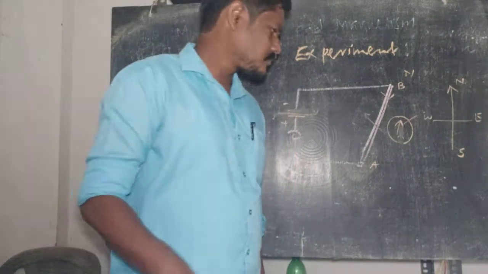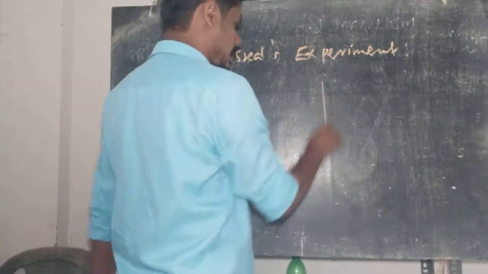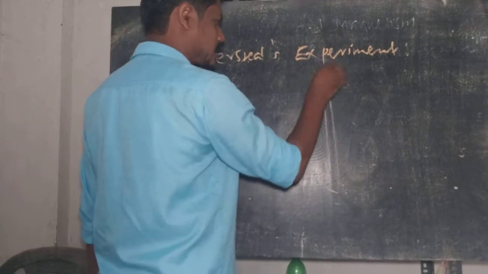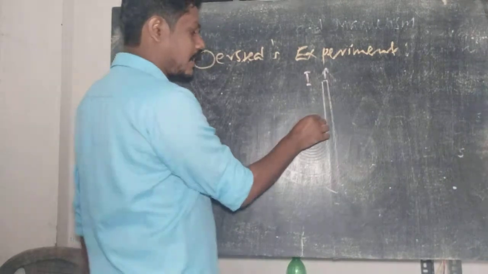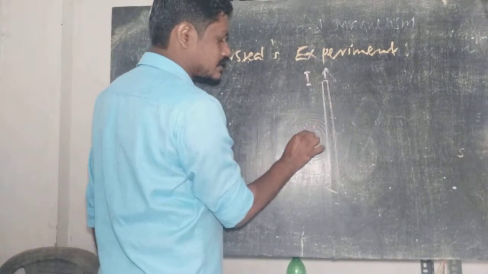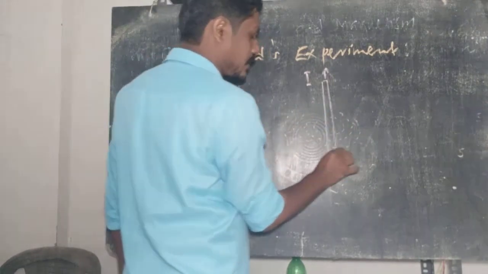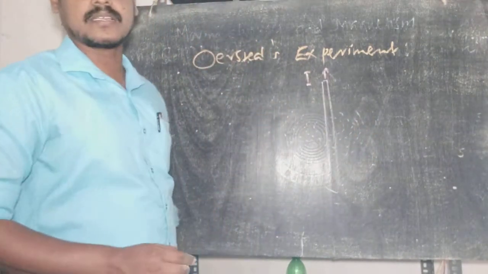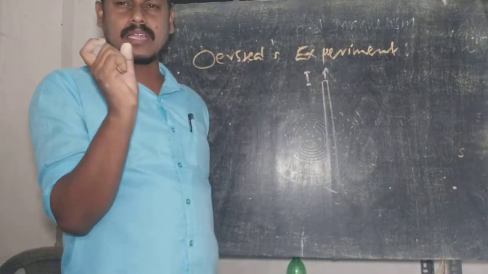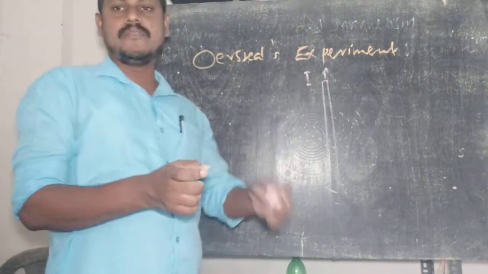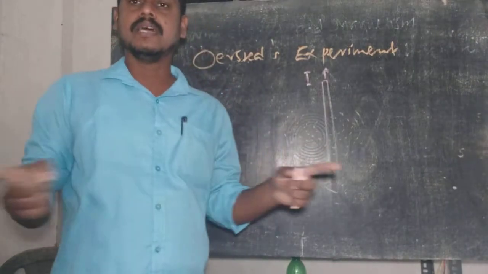Okay, now when we have a straight wire carrying current, the magnetic field is generated, and the magnetic field pattern around the wire is concentric circles. The magnetic field around a straight wire carrying current forms concentric circles, right? And these concentric circles are crowded at the nearest points to the wire, and when moving away from the straight wire, the separation between the magnetic field lines increases.